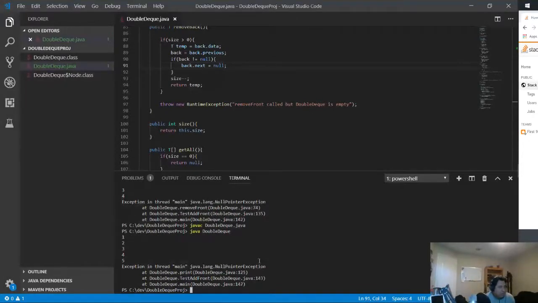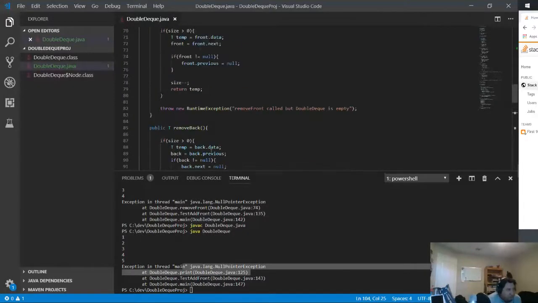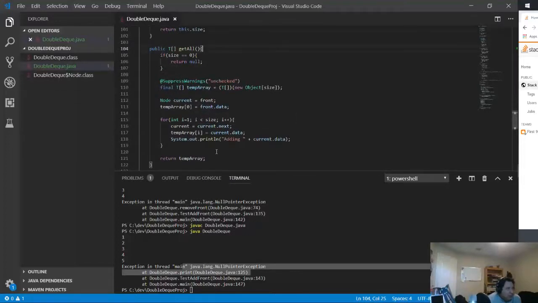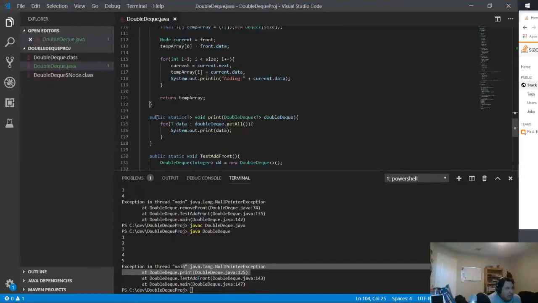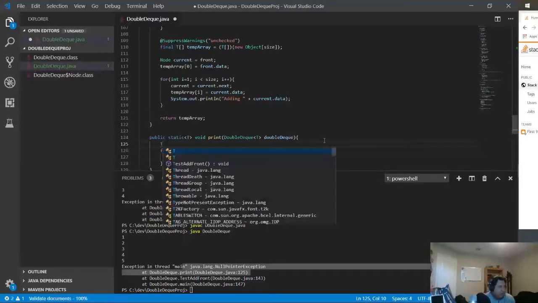Let's go ahead and run it. And now it prints all of this, but you notice that the error has now moved to line 125. So we have another error in line 125, and that's probably because we don't have anything for the queue. So we're returning null, but we don't have anything. And so that's a problem there, so we probably have to determine that, we can actually have an array of t,